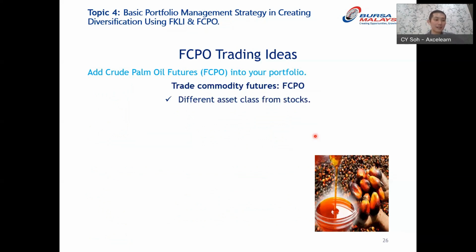Now let's take a very recent example. Our FKLI has been going down from the peak of about 1,008 to close to 1,005. But your FCPO is actually still heading in an uptrend, and currently we are having a new high in the FCPO market. So here we can see that stocks and commodity futures are a different class of product. The price movement for both won't affect each other. And this is where it would be good for you to directly invest in or trade commodities by just adding FCPO